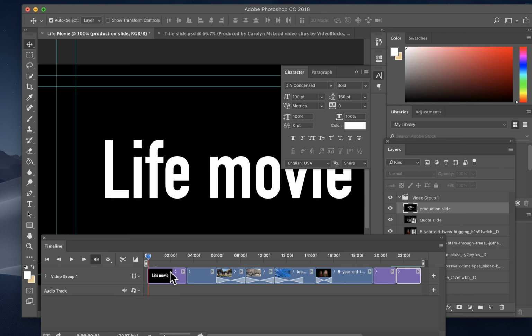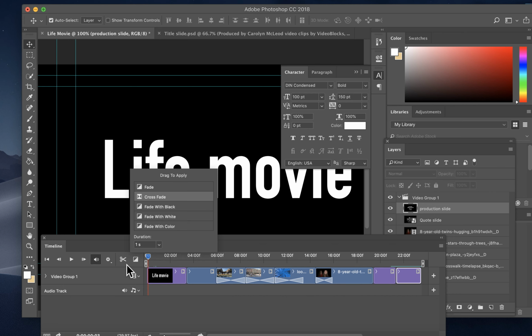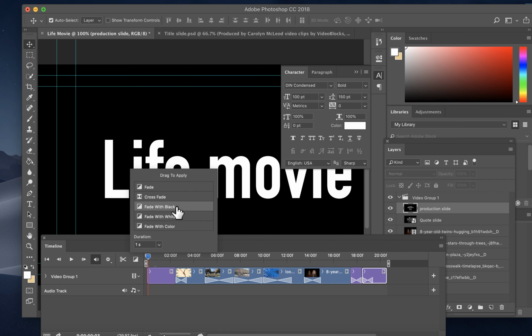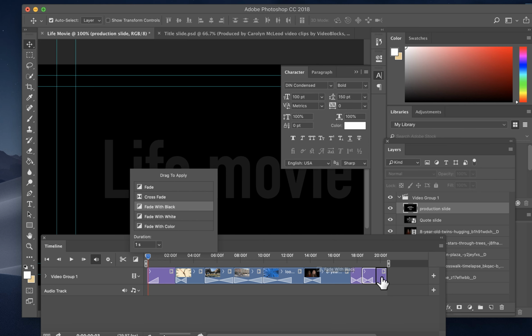One more thing before we play this row of clips, before we launch into another video to show you how to add audio and then to add your text on top, let's add those transitions in between. So again, your transition button is right here. I'm going to crossfade and drop it between the 2 clips. Notice it reduces it. I'm going to do that over here between my clips. Now I also want it to fade in and fade out. Well, it's a black slide, so I'm going to fade with black and drop it at the beginning and fade with black at the end. So now that I've done that,